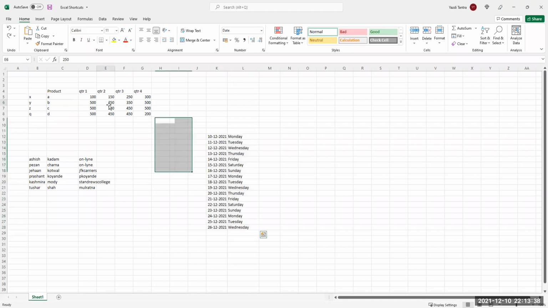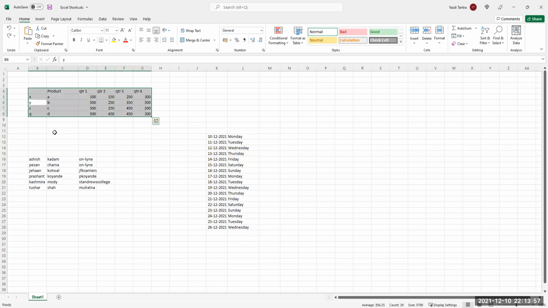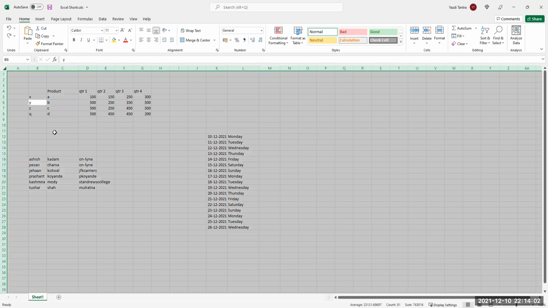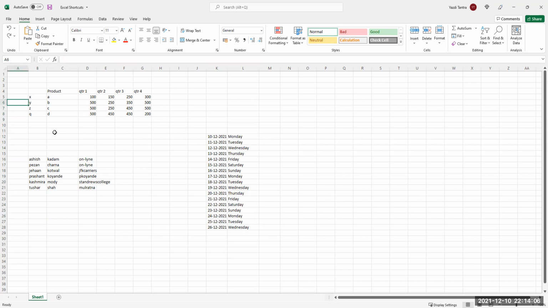So when I am within a table, within a range, I can be anywhere here. That is the beauty of this. I just say Control A, it just selects this. If I am here, I say Control A, it selects this. And if I press Control A again, then what you said is right, you are selecting everything. So Control A selects the entire table.